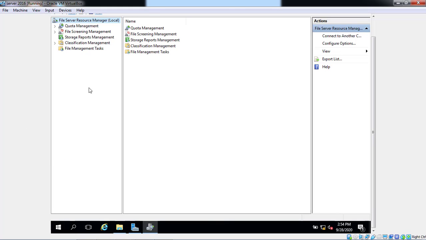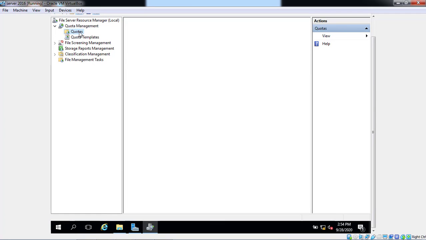Now there are three practicals we can do in this: quota management, file screening management and storage reports. These are the three major ones, but today we will see quota management. In quota management, go to Quotas and right click it.